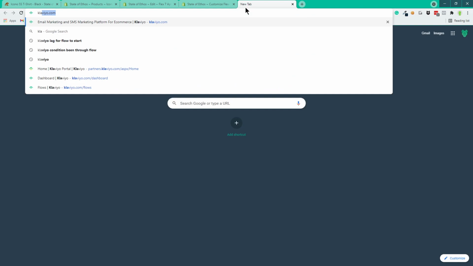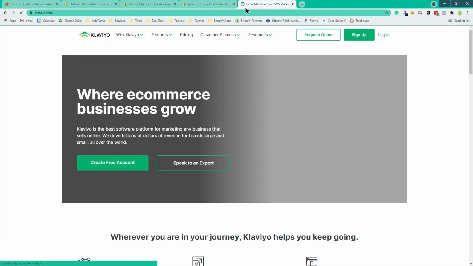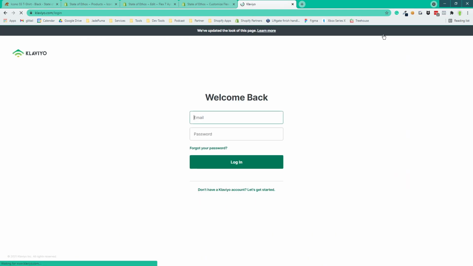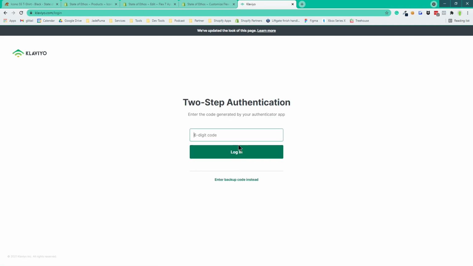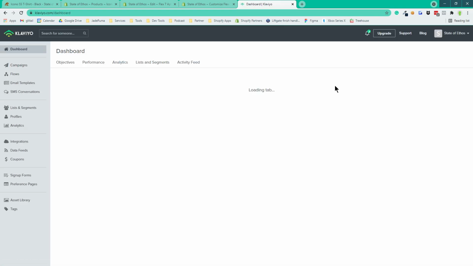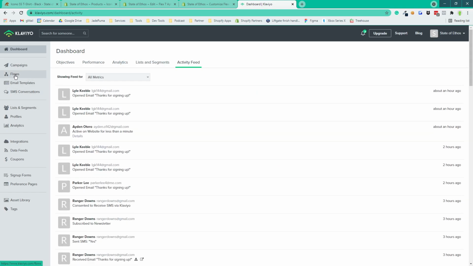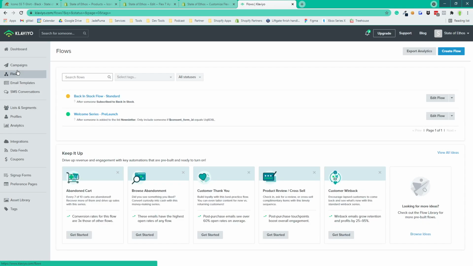Actually, we probably don't have enough data, but what will happen in Klaviyo is, take me a second here, and one of my clients has 2-factor authentication turned on, so I always have to get my little code off my phone, and that is 717576. Okay. So if we're in state Ethos right now, and if we go to the flow for out of stock, back in stock flow standard,